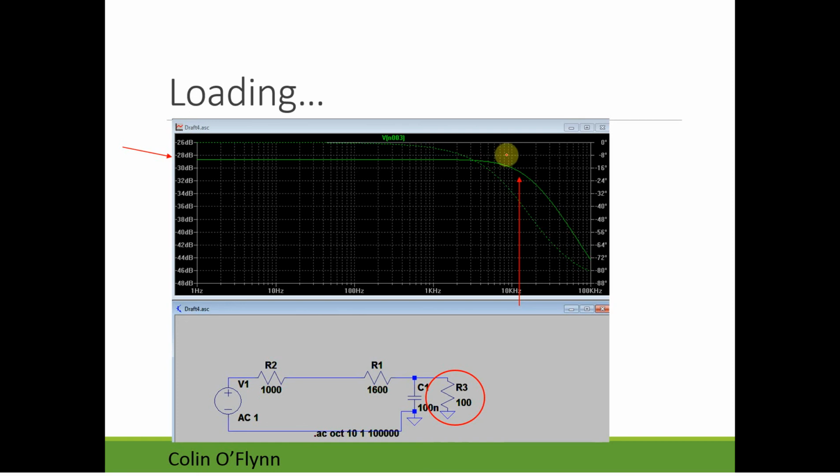And in this case, two things have happened. One, because of the voltage divider, in the pass band, the output is now like minus 30 dB. So we've attenuated the signal a huge amount, and that's simply due to the voltage divider ratio. The other thing is the cutoff frequency has pushed way up to somewhere like 10.2 kilohertz.